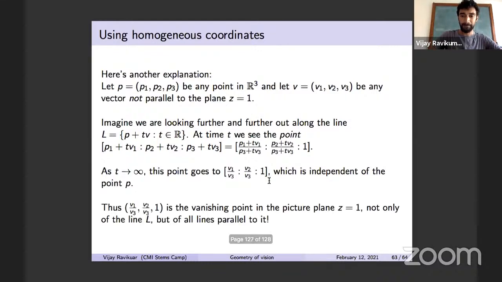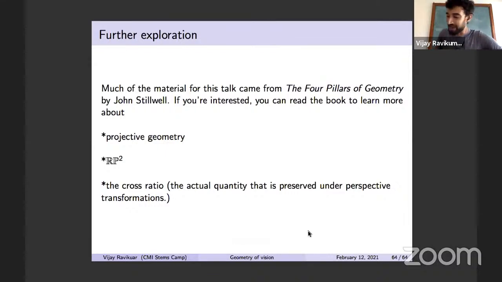So this is the vanishing point not only of the line L, but of all lines that are parallel to L. So I think I'm very much out of time. So what I'll just say for further exploration, there's some nice information that I based a lot of this talk